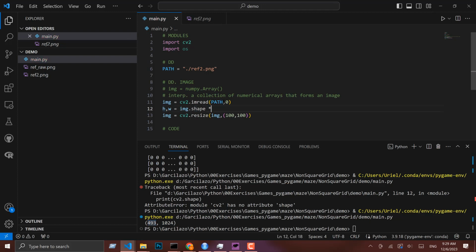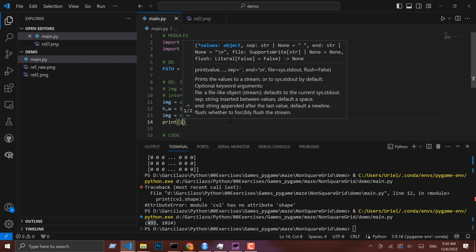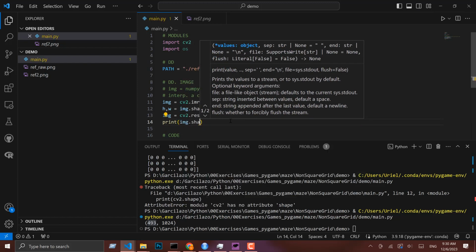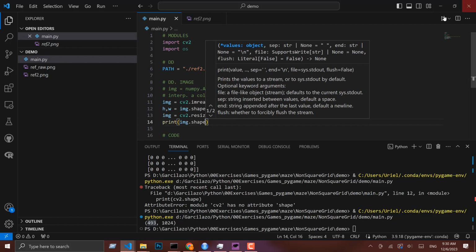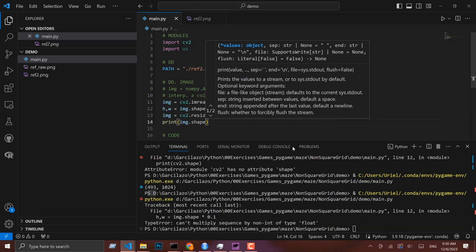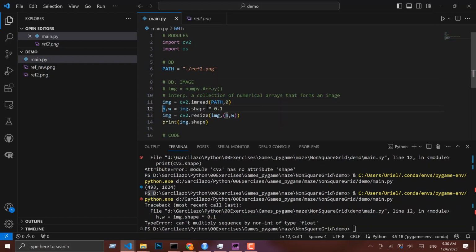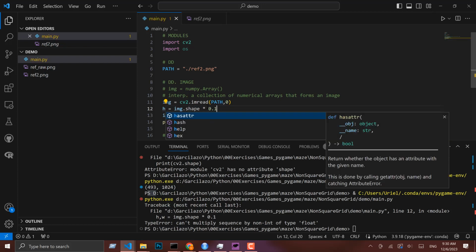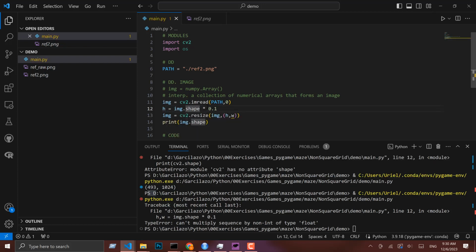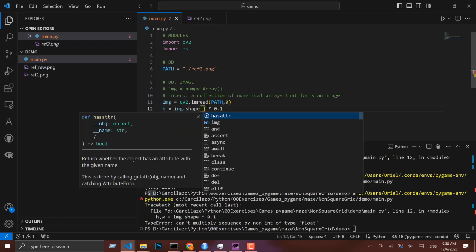The idea here is to multiply those values by a certain percentage. Let's make it 10% of the original scale, and that is the set of values that we're going to specify here. In this case, we're going to set it to h and we're going to set it to w. Let's print the image.shape and let's see if our program works. So it seems that we cannot use this technique in here because the program requires to multiply numbers instead of tuples against numbers. So we're gonna set it as it was,